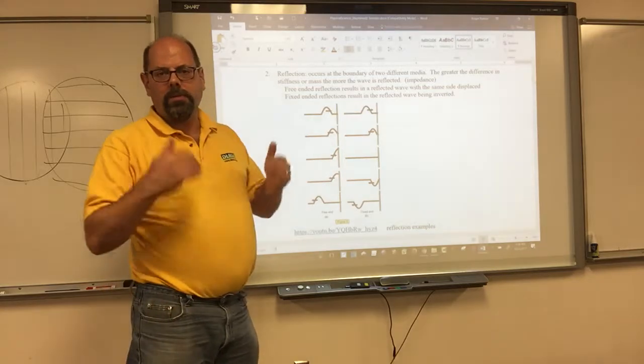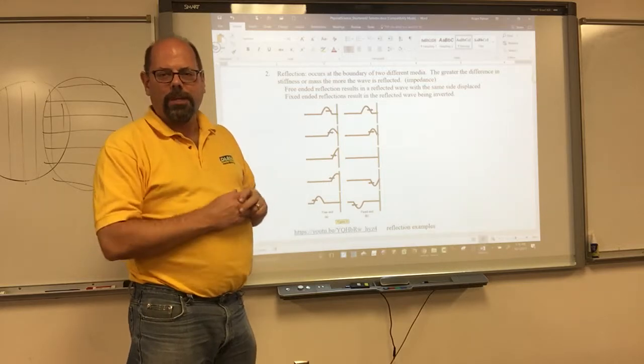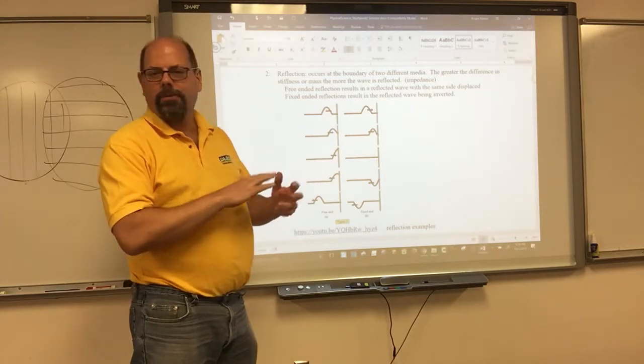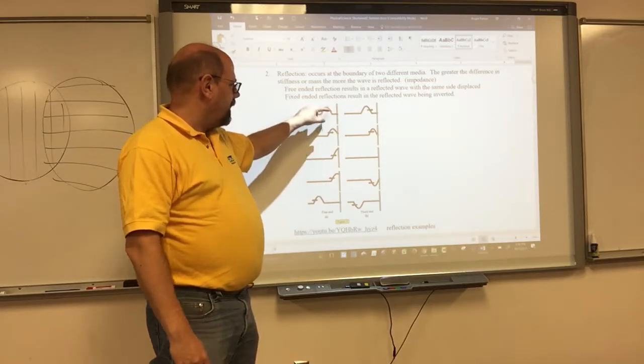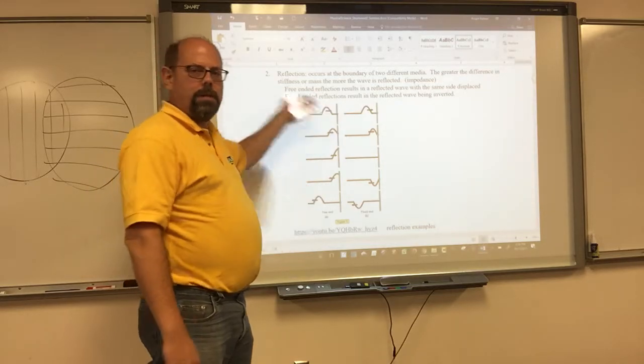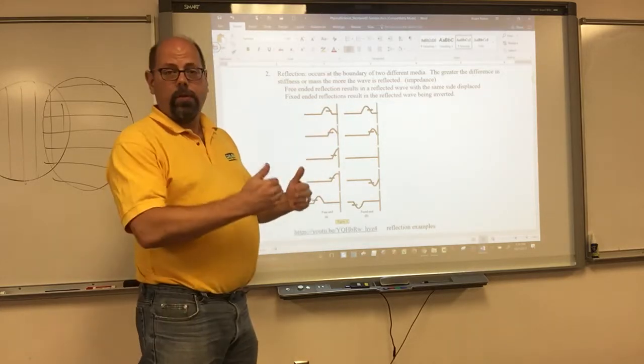We saw that in momentum, a small thing hitting a big thing. If you've ever watched those fails on exercise balls, the small person running into a big person totally gets knocked off their feet. Well, a wave is a small thing. If it hits something that's not moving, most of the energy will just return back. But it depends on how the end is, if it's open or if it's closed.